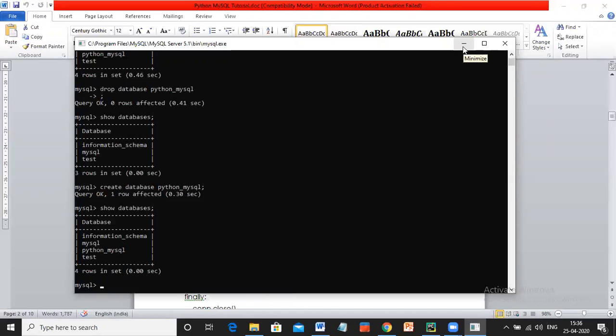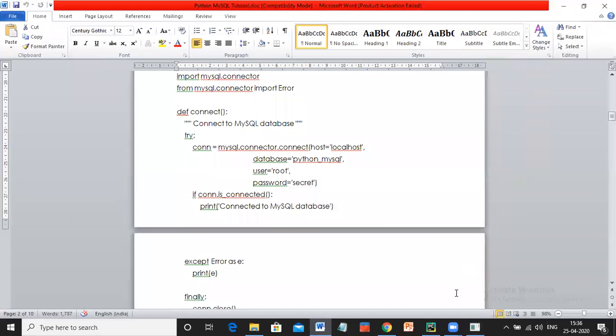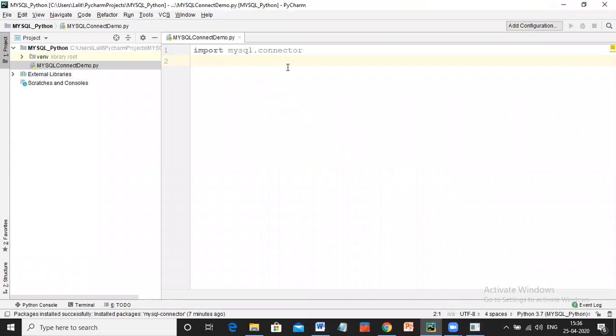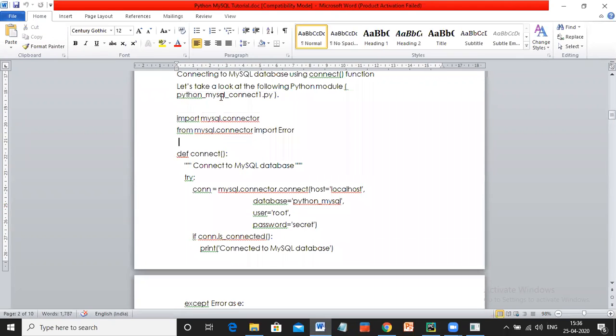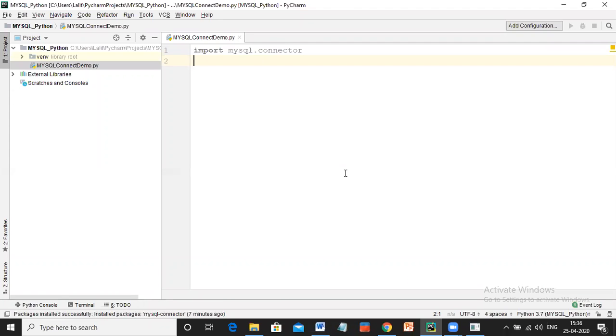I'll minimize the MySQL client right now and come to my PyCharm. Import mysql.connector. Just check this out. I'll explain this line, from mysql.connector import errors.